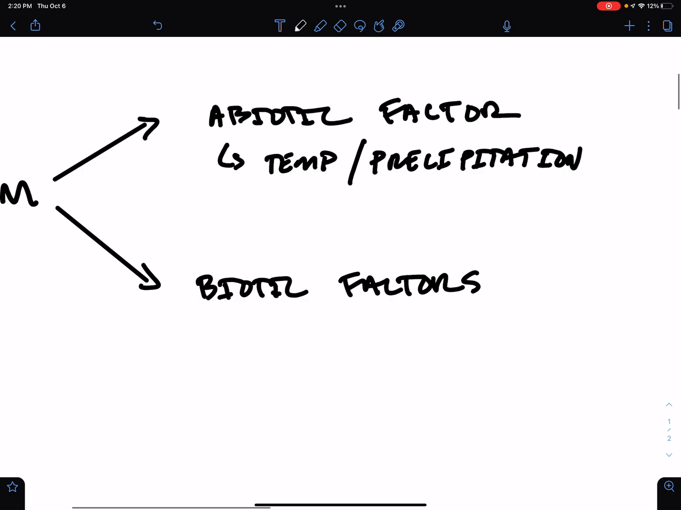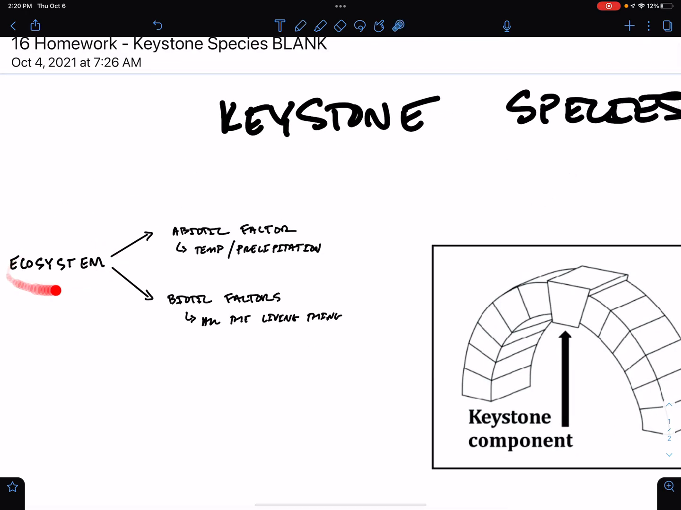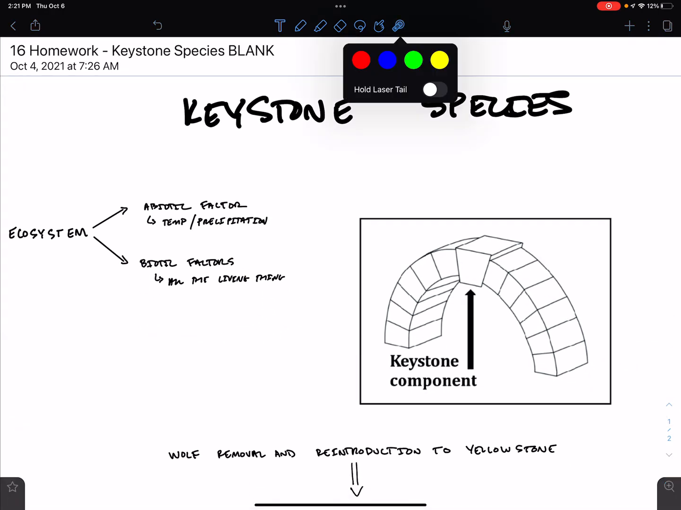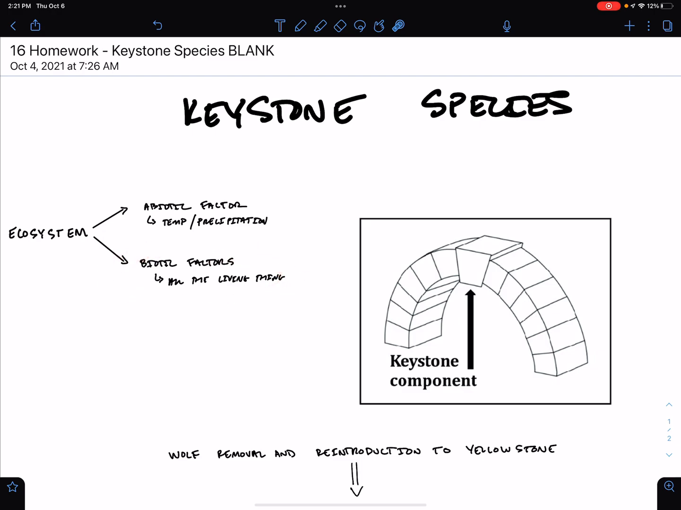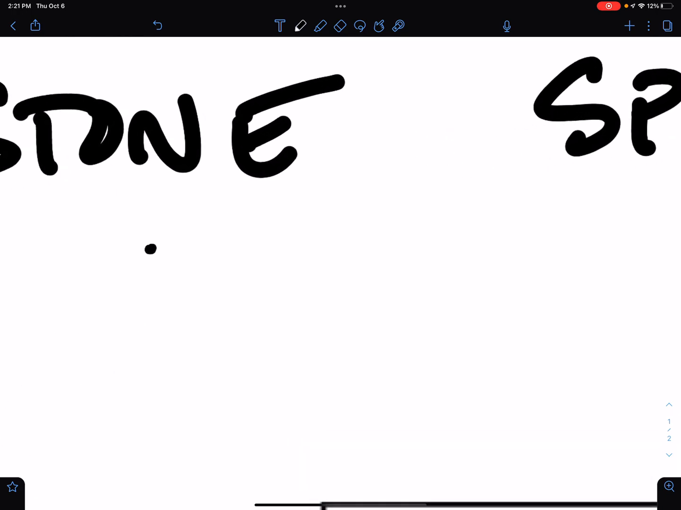And the biotic factors are all of the living things in an ecosystem that also affect the ecosystem. So we have our abiotic and our biotic factors. Okay, so which brings us to a keystone species, because a keystone species is a biotic factor that has an effect on the ecosystem. Okay, so a keystone species is a species